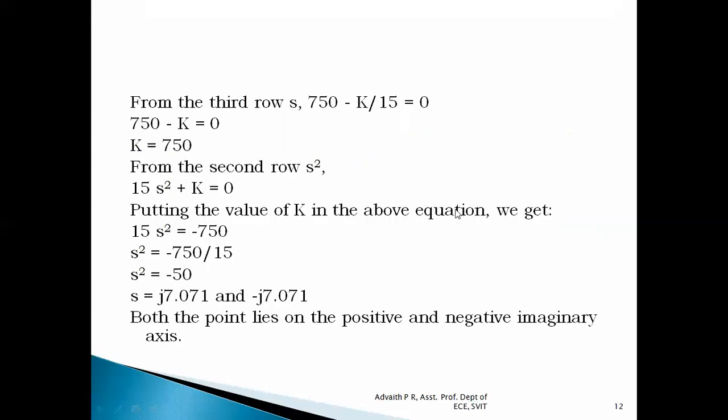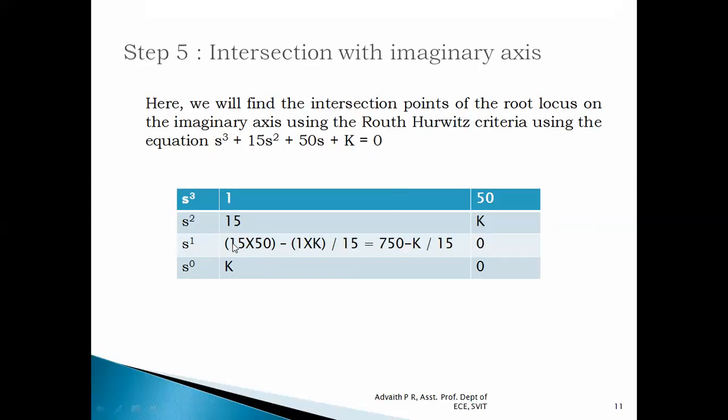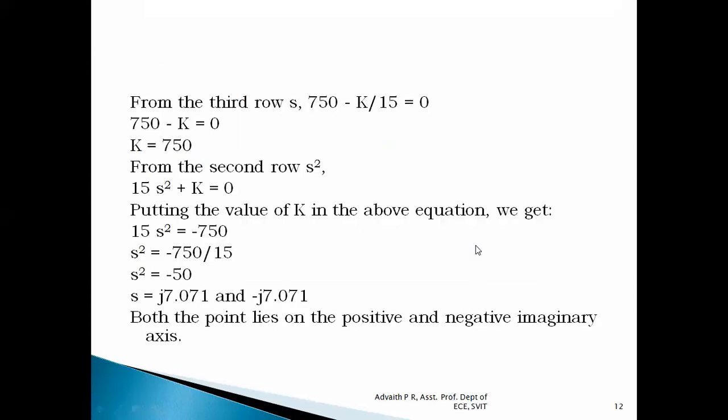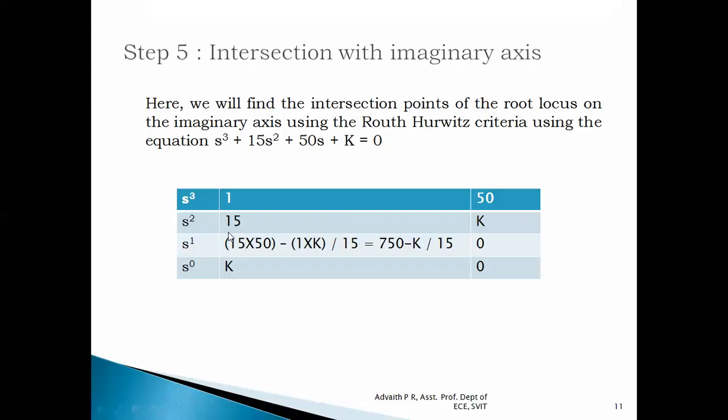Now, from the third row of s, we have the equation 750 minus k divided by 15 equals 0. Let us equate it to 0. When this 15 goes to the right hand side, 15 multiplied by 0 is 0. Hence we get 750 minus k equals 0. When we send this 750 towards the right hand side, the k value becomes equal to 750. From the second row,